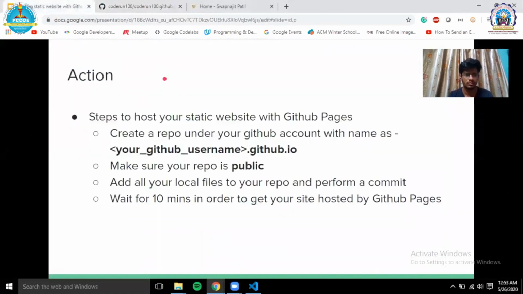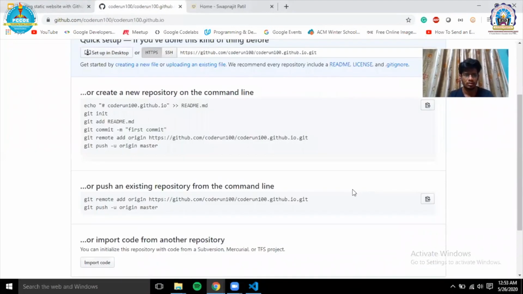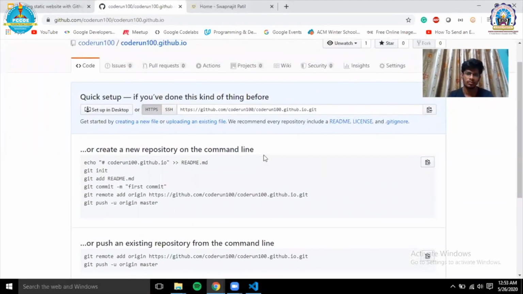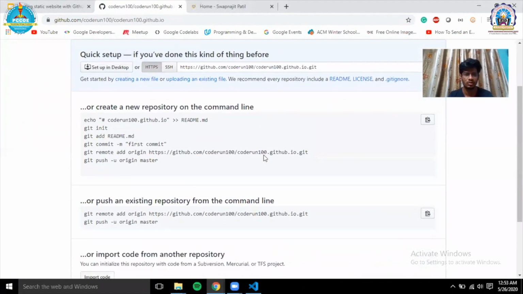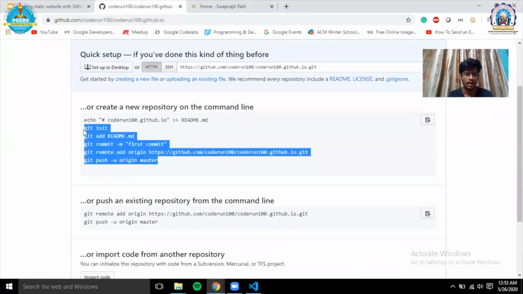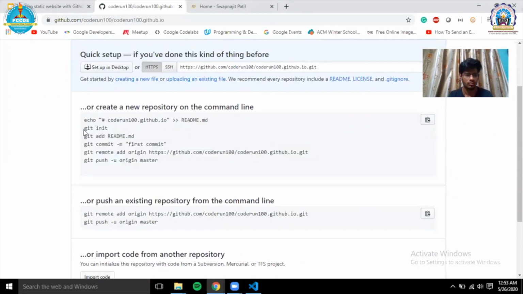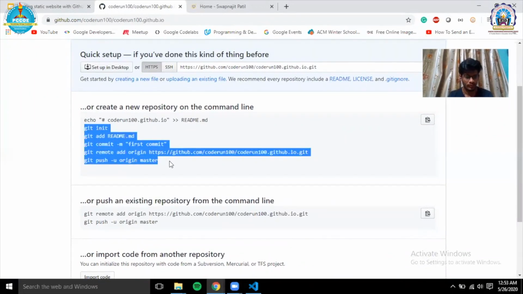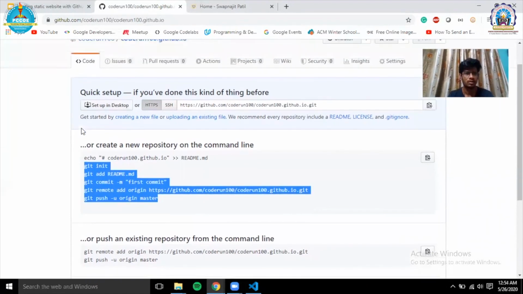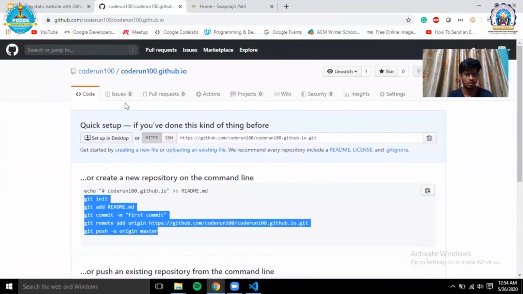So the very next step is to add all your local files to your repo and perform a commit. For this purpose, if you are familiar with the GitHub workflow, then you can go with these commands, and you can perform this command from your local repository so that it will add the files to your remote repository, that is this repo.